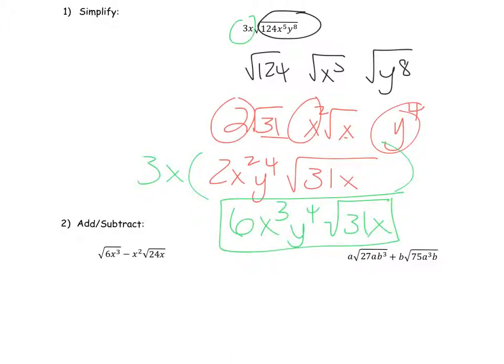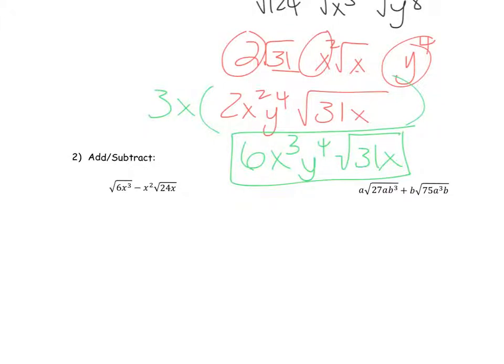Okay, now there's a quick little thing here. I made a mistake when I was typing this up. This should really be x on the outside. This should really be an x to the first. So we're just going to pretend like that x squared really is not there. Okay,